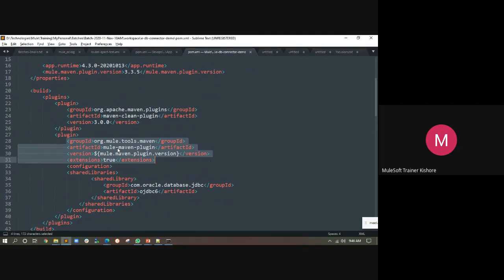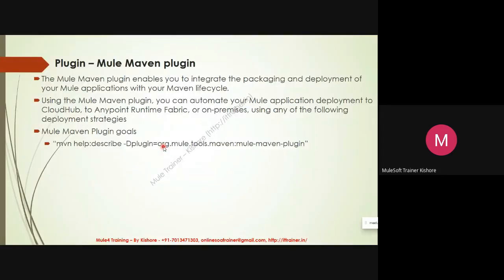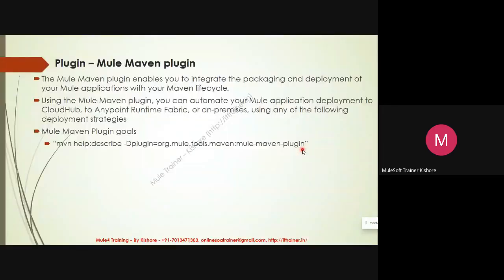Right? Are you seeing this? Mule Maven plugin. If you want to know about any plugin, you should provide your group ID and then artifact ID of your plugin. org.mule.tools.maven, mule-maven-plugin will describe this plugin.